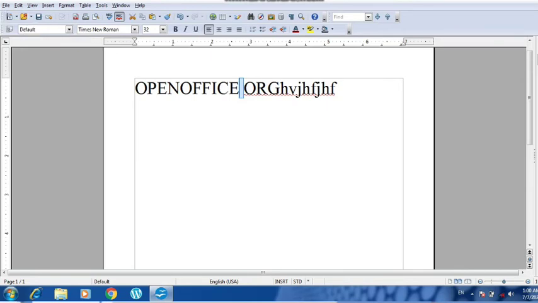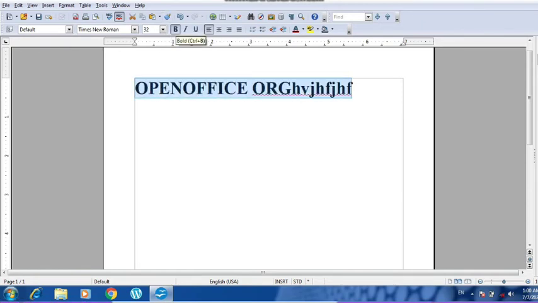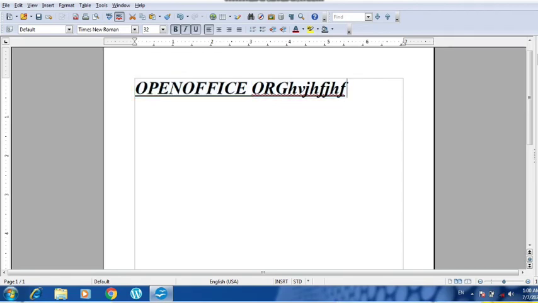Now students, let us work with the text. Suppose you want to color your text or bold your text, you can directly go here and do it from the formatting toolbar, and you can make the text italic as well. You can underline it. You can see that there are different kinds of alignments also given over here. Alignment means that you can adjust your text to the left, right, center and justified.